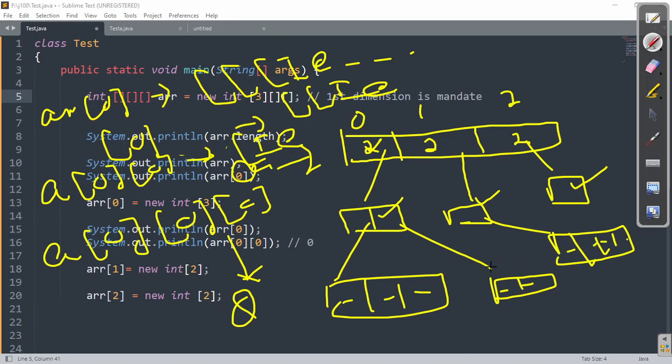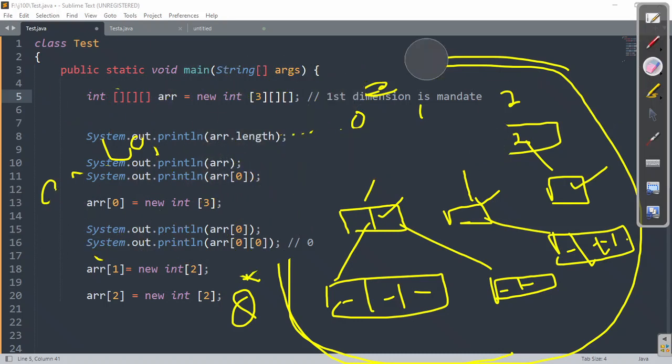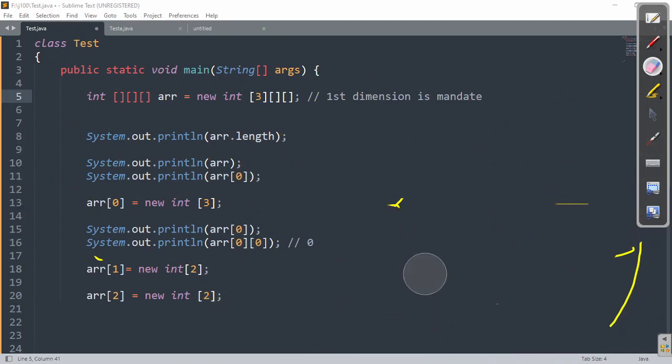right? So make sure you understand the arrangement of elements in a multi-dimension array of core Java or Java programming concept, right? So you need to understand all this. Arrays in Java are completely different from arrays in any other programming language. So while working with Java, make sure you understand all these points, right?